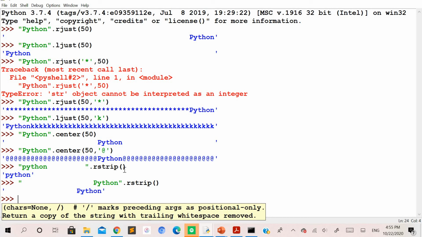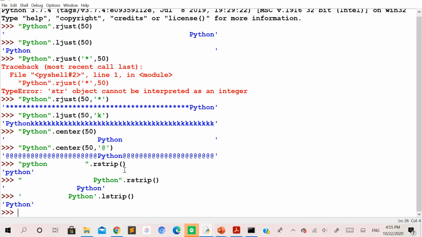In the same way, lstrip is going to work for the string where you have the spaces on the left position. Dot lstrip.